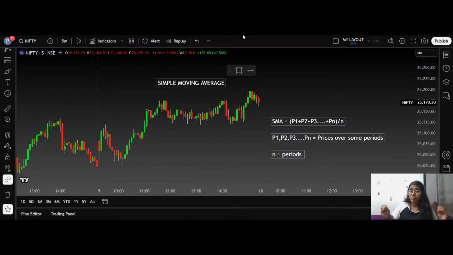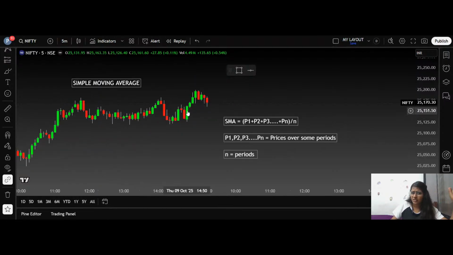So P1, P2, P3, and Pn are the close prices. Is it compulsory to take the close prices? No, we can take open also, but in the simple moving average in general, in the traditional indicator, we take close prices. So P1, P2, Pn are the close prices of each candle. Suppose this has a close price of 25161.6. This has a close price of 25170.05. This has a close price of 25182.5. So in general, P1, P2, Pn are the prices of each candle, or the close prices of each candle,